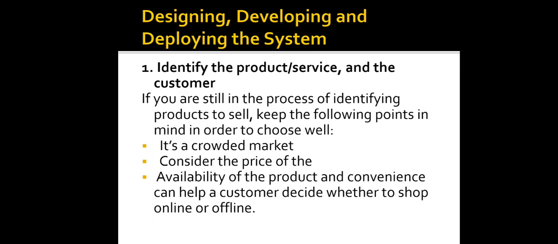And for knowing about your e-commerce customer, there are some parameters that you can keep in mind. For example, you can interact with the customers through feedback or through suggestions. You can tap on social media to identify which people are interested in your brand or the product that you're offering. And you can also establish a demographic factor. That means you can pick up the gender or the age group or the income, people of which income level are interested in your brand. Now, that was the first point.